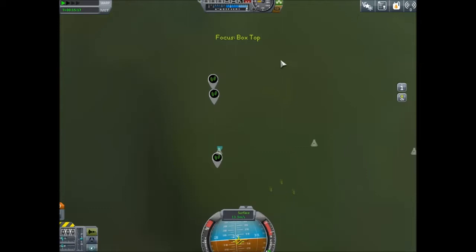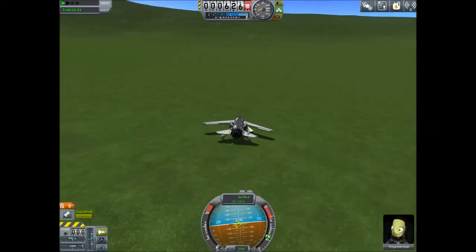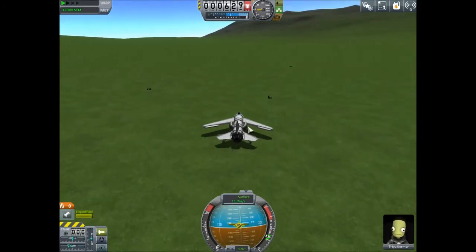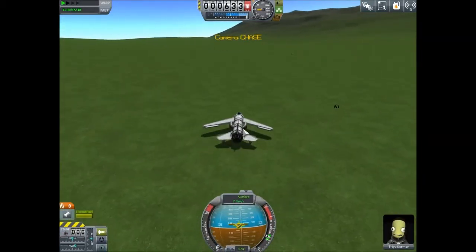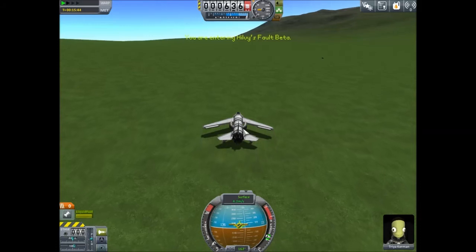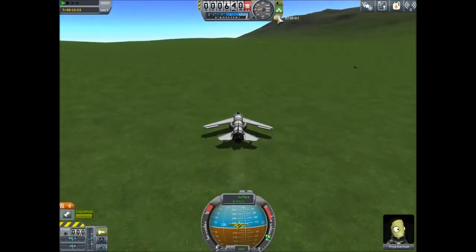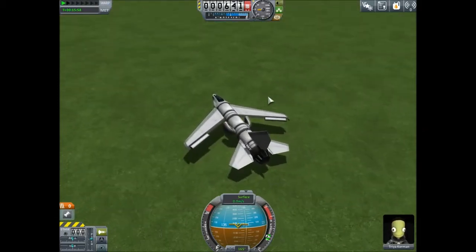Now it would be helpful if there was a way to actually tell where a certain marker is. I mean, I'm pretty sure I have to... Ah, there we go. I was just about to say, I'm pretty sure I have to be almost on top of it. So...